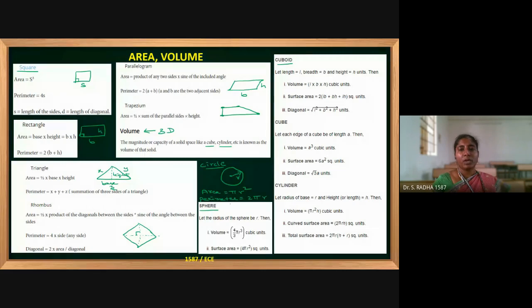Okay. Now coming to cube. If A is the cube, you already know it. It is a box, but all sides are equal length. That is called a cube. Cube means it is a box, all sides are equal length, and hence volume is A cube.